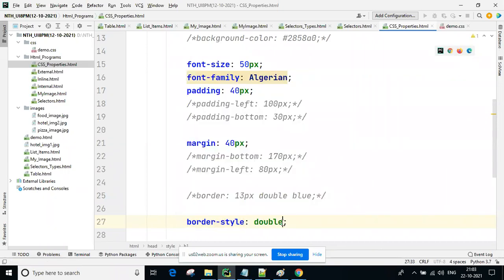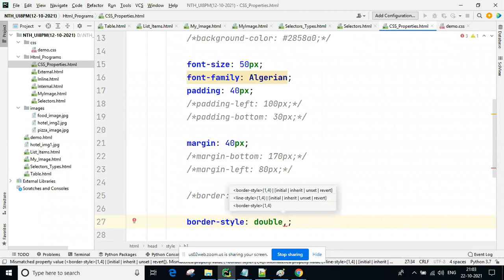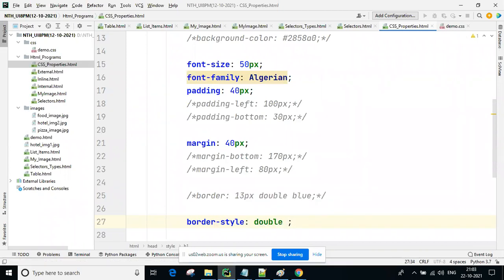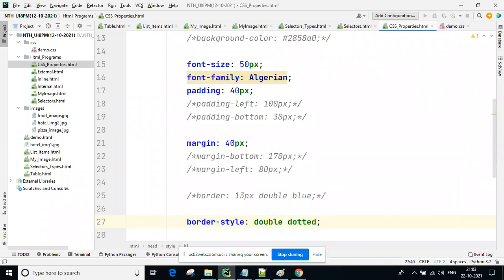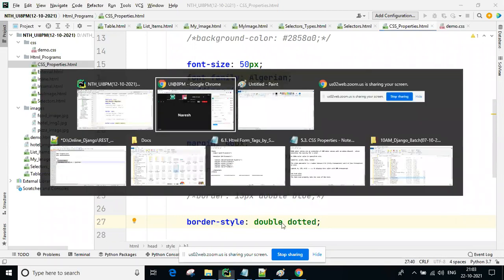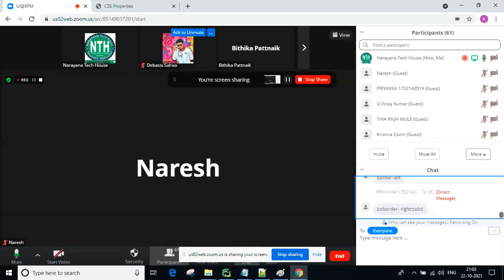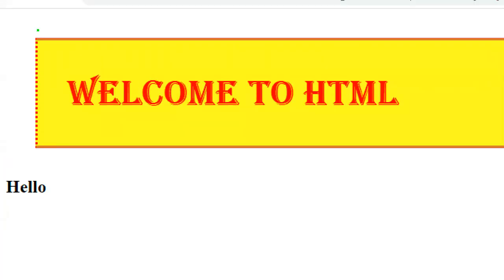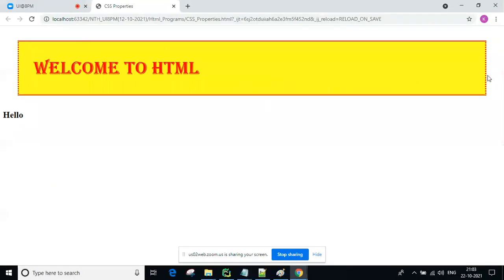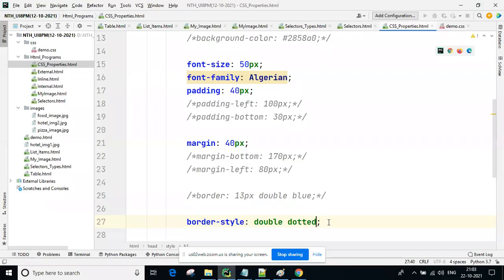This is top and bottom you are getting, and dotted you're getting left and right. See here, top and bottom double line, left and right dotted lines you're getting. That is your way.